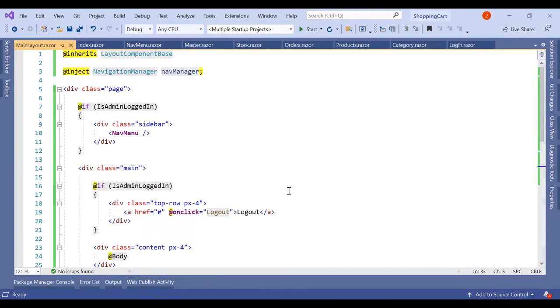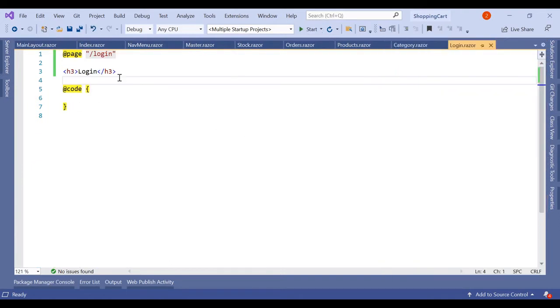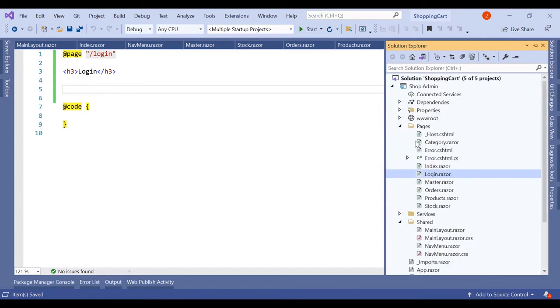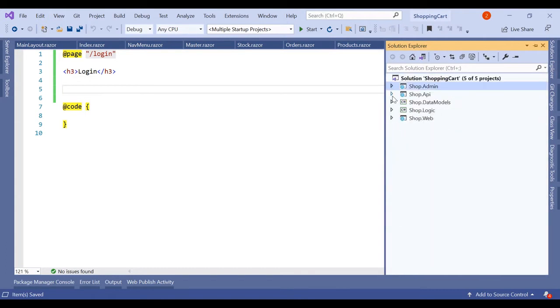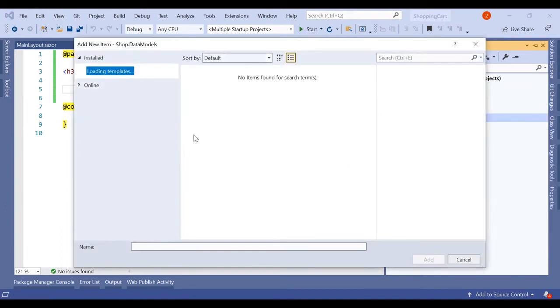So now we have to work on the login page. Here we have to create the entire structure of the login page as well as the model through which we are going to authenticate the login screen. So in this data models, on custom model we have to add a new class